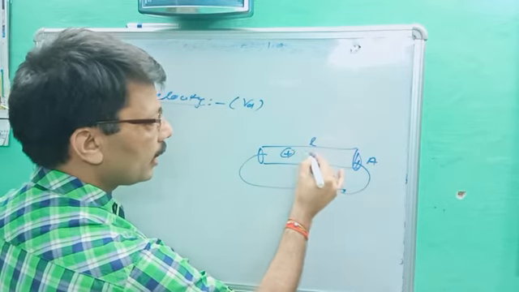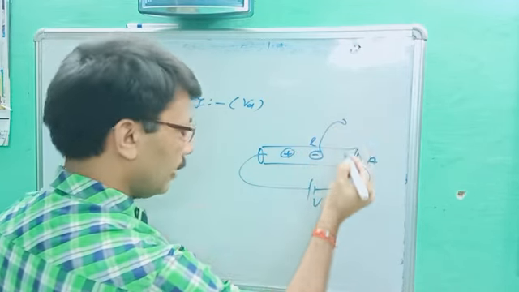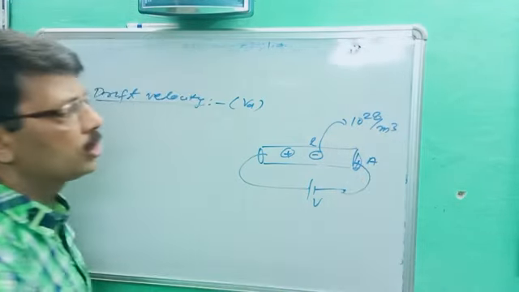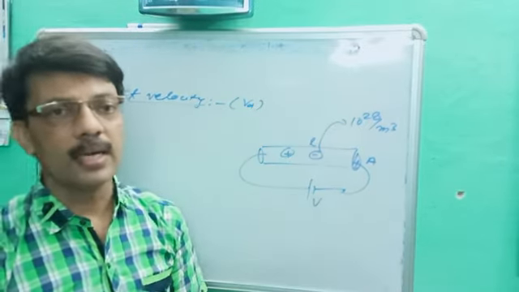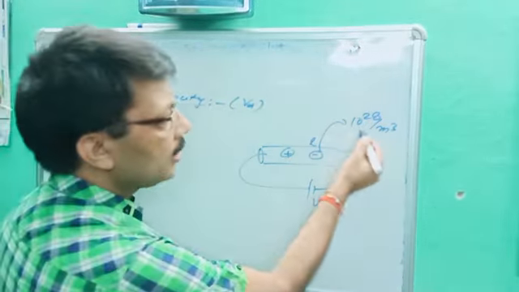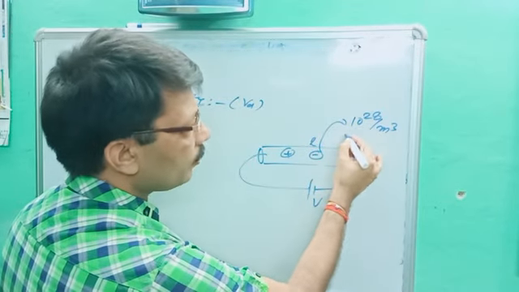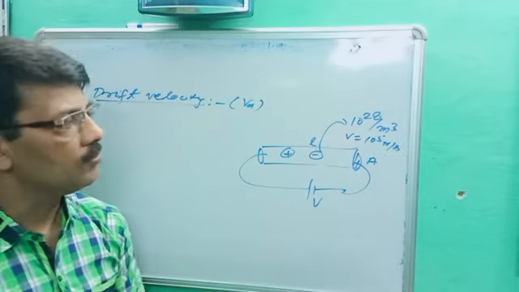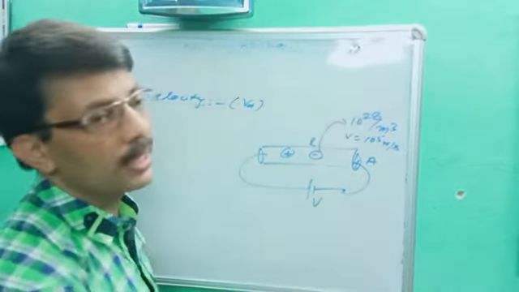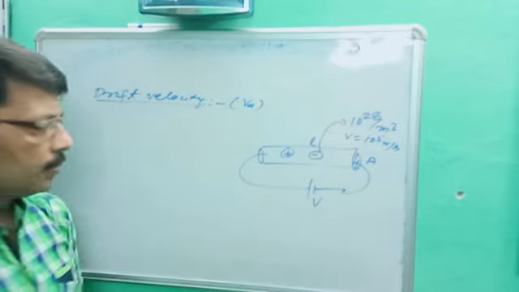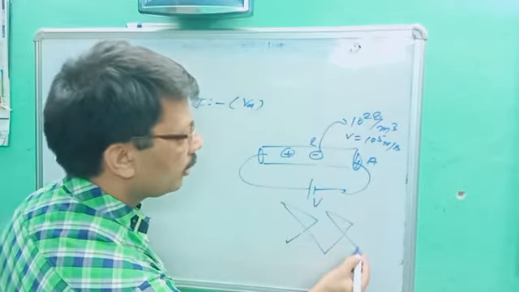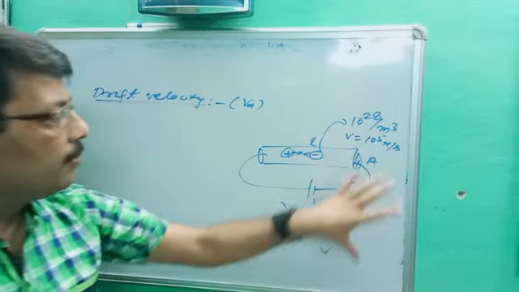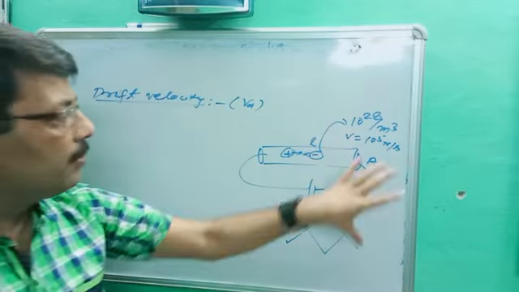You better know every metallic conductor has protons and electrons, with a density of electrons of 10 power 28 per meter cube. Note down the point. Their velocity is about 10 power 5 meter per second, in random motion. It means a zigzag motion, and they collide with each other, and their resultant velocity turns zero. So every metallic conductor has a number of electrons and protons in random motion.